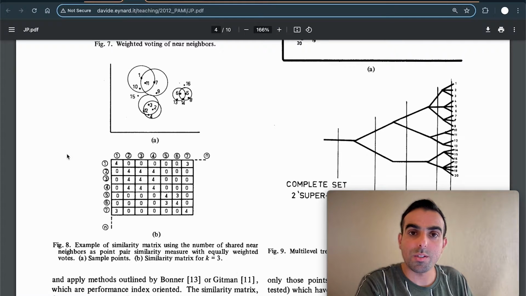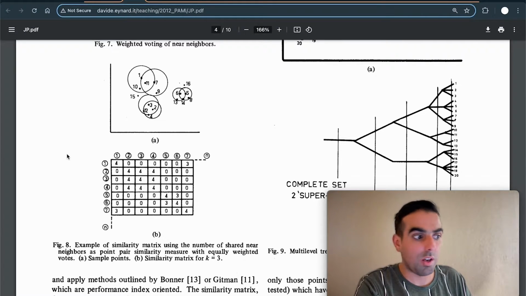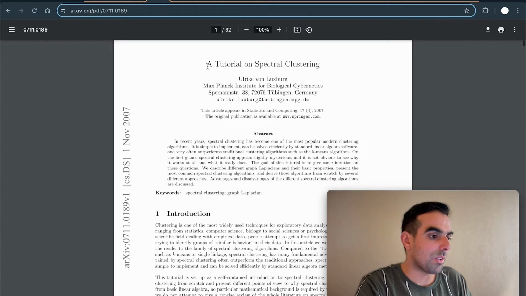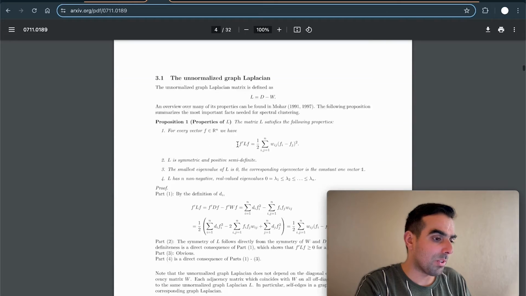Another method for sampling nodes on the graph: in the early 2000s, spectral clustering became very popular. This is the main reference on spectral clustering. It's called A Tutorial on Spectral Clustering by von Luxburg. And if you look at the spectral clustering algorithm,